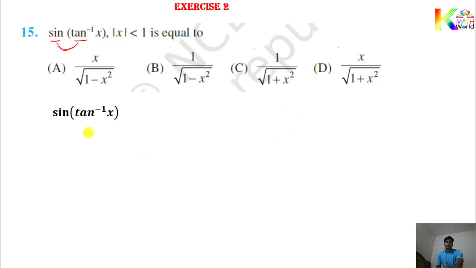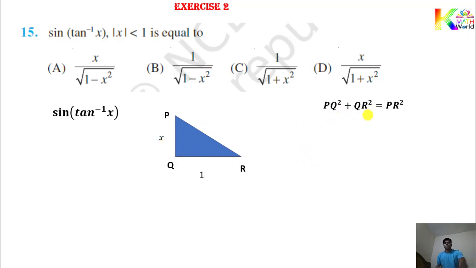Okay, tan it means opposite over adjacent. So this is your opposite and this is your adjacent. You can see here x and 1. So you can easily calculate this value using Pythagorean law. So you get x square plus 1 root of that. pq square plus qr square equals to pr square. So replacing that value, you got x square plus 1 square, that is equals to pr square. So we get pr square equals to this one. So considering root, so pr equals to square root of this one. So you got this value. How much? Square root of x square plus 1.